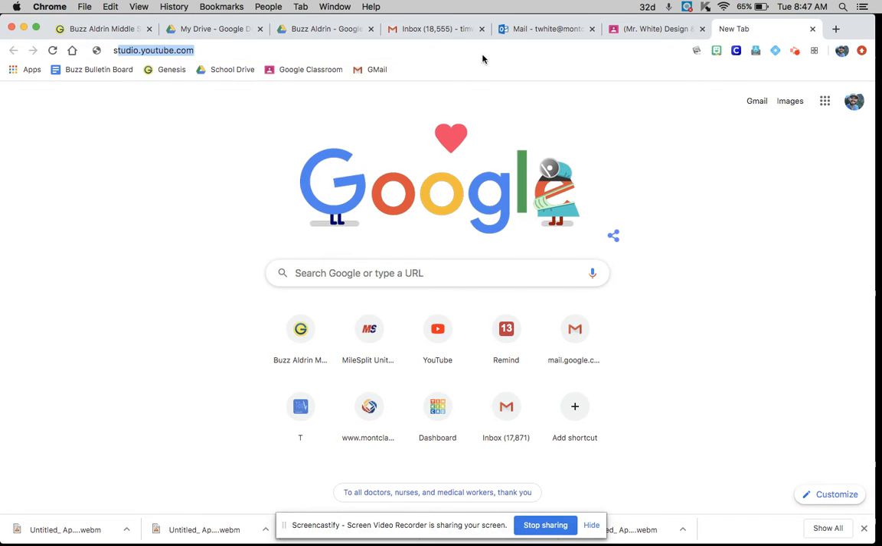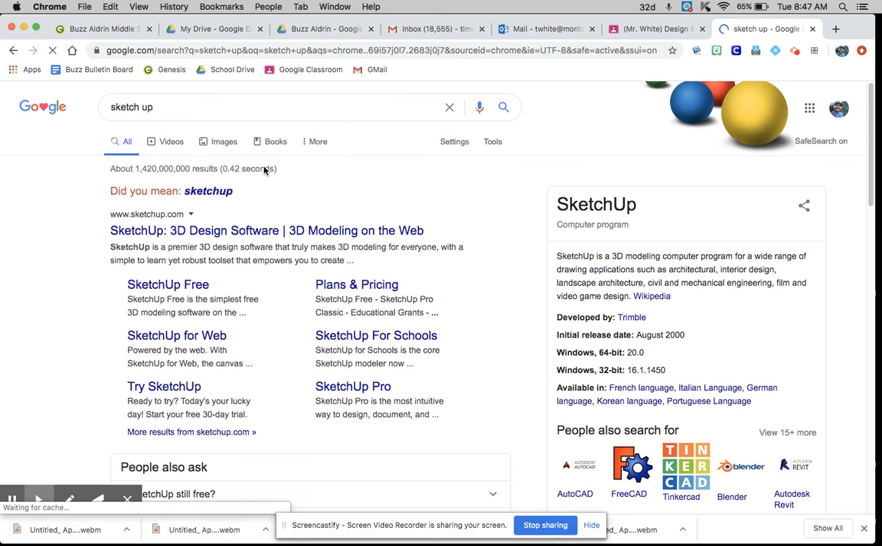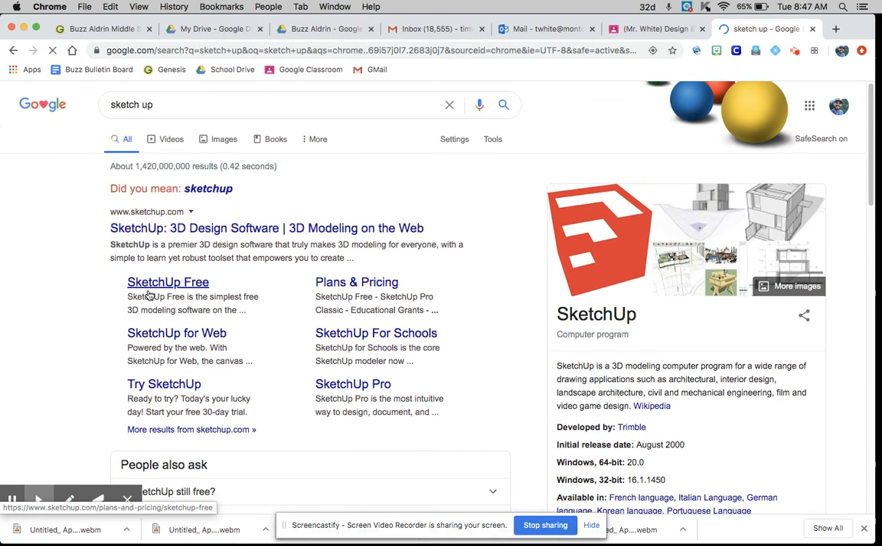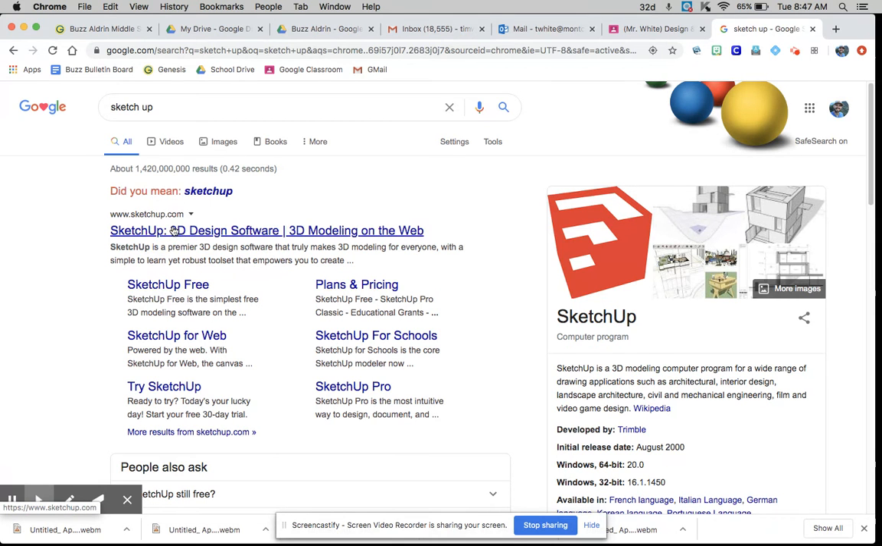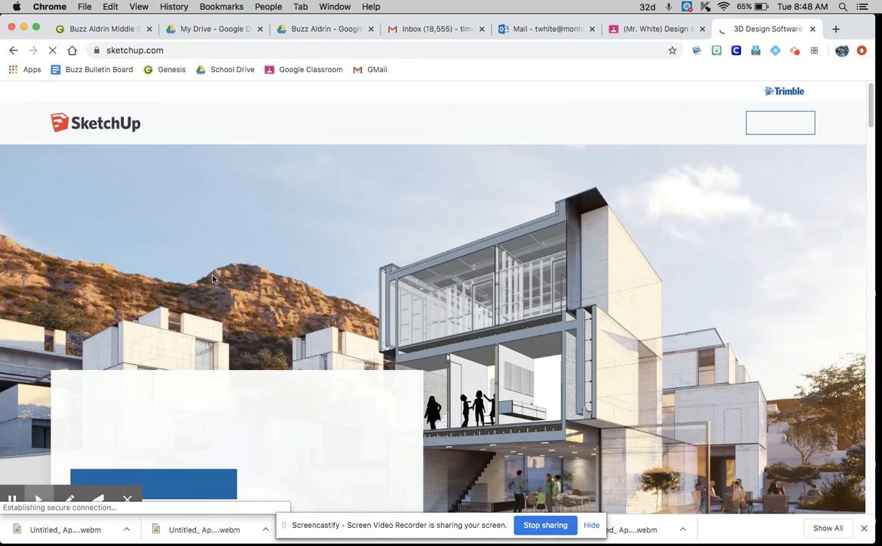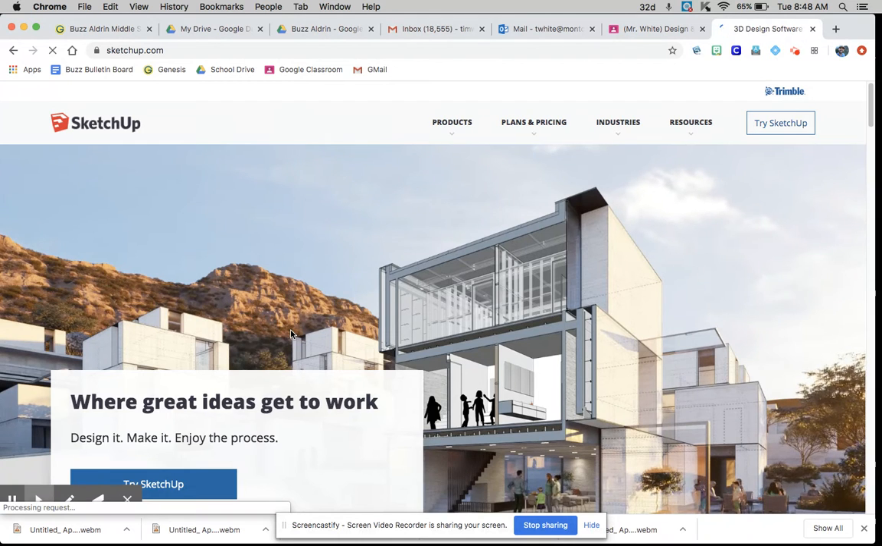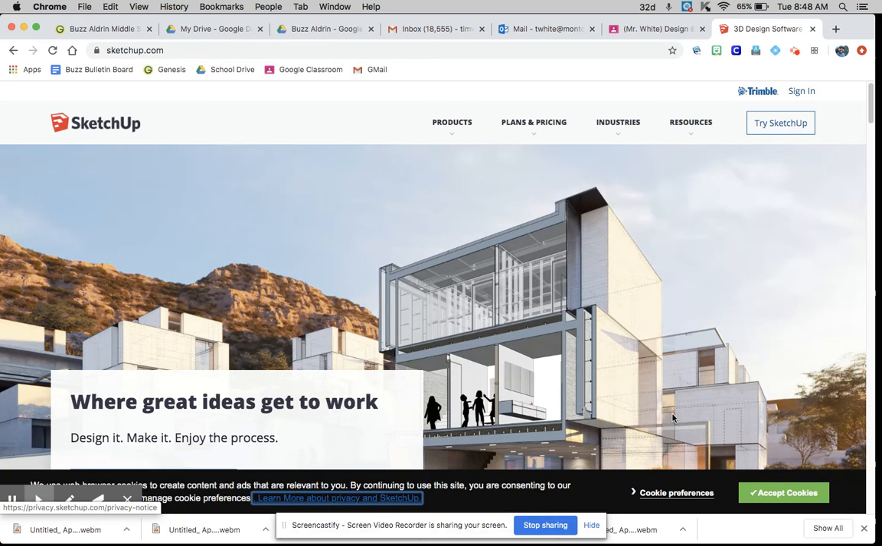Okay, so we are going to write SketchUp in Google. You write SketchUp in Google, it should come up. So you just go to sketchup.com, you click that website, and it'll bring you to this. This is where you want to be. So you'll see some people moving around, but that building that they're in is something that you can create in SketchUp. So you click Try SketchUp,